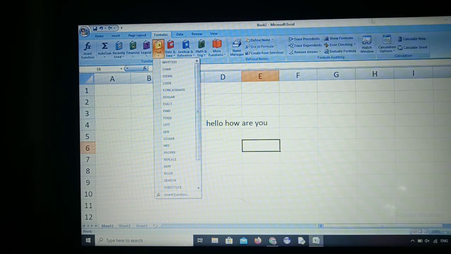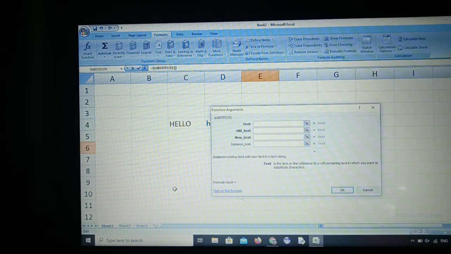Next is SUBSTITUTE. So you take some text.